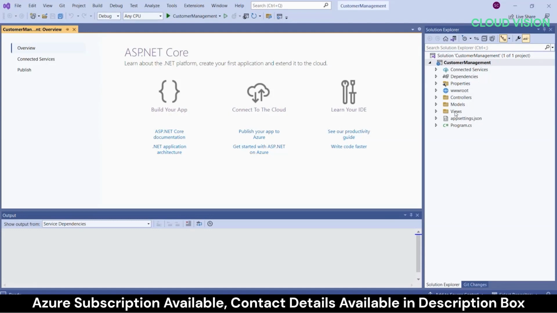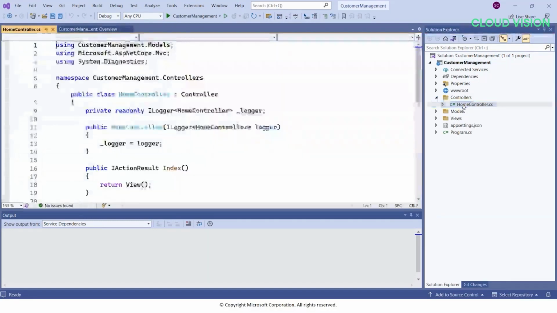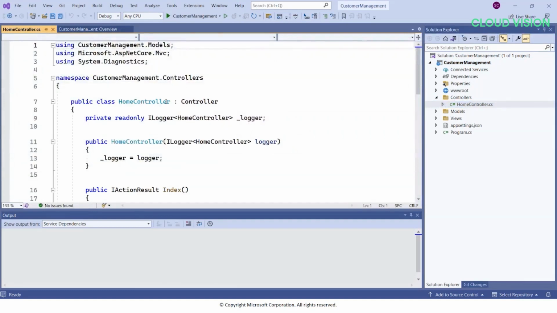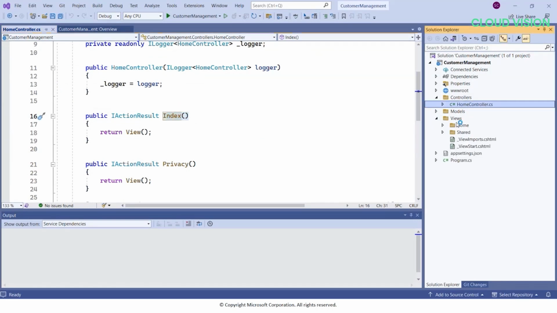This application has a controller called HomeController. This HomeController has methods Index and Privacy. When you call Index, it is going to return its view, meaning the presentation logic, the Index form. And if you call Privacy, it is going to call the Privacy view. So this basically will have one page having two options. Now, if I want to run it, I can run it locally here, but I want to deploy it as